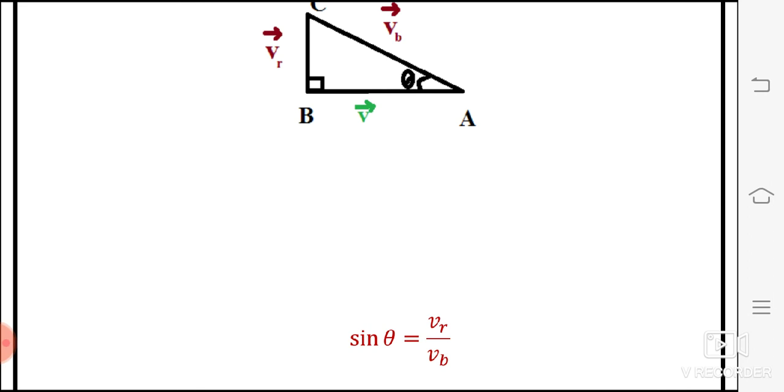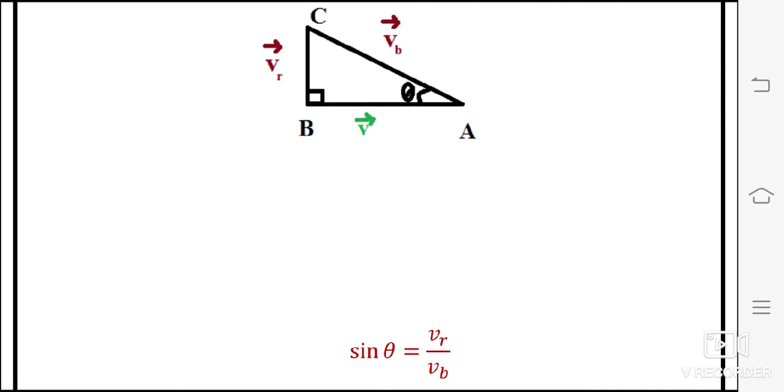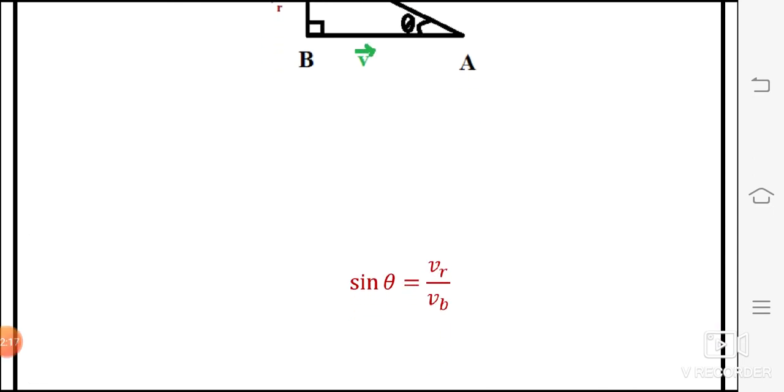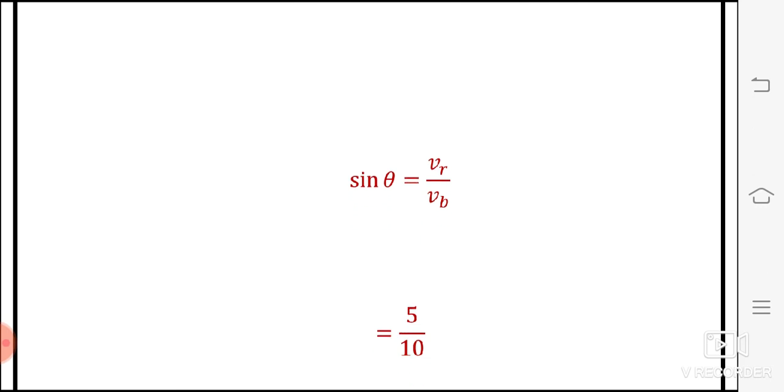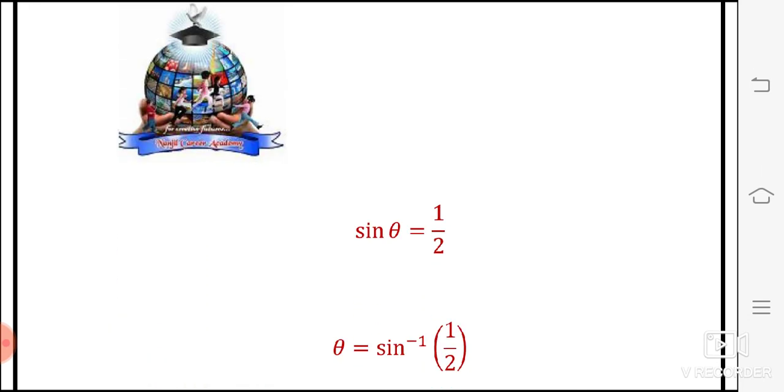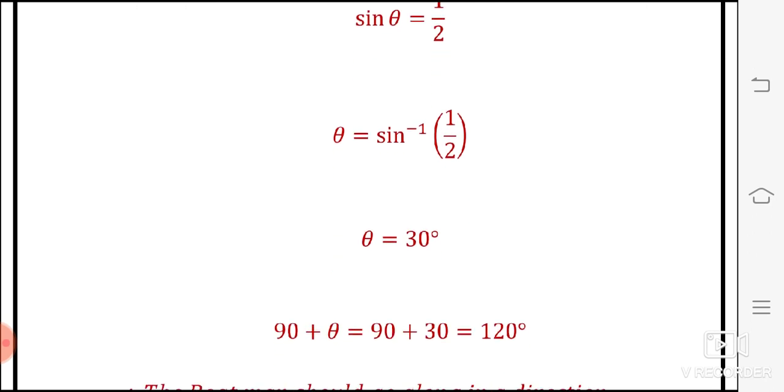So sin theta is equal to VR divided by VB. This is the opposite side, this is the hypotenuse. The magnitude of VR is 5, the magnitude of VB is 10, so that is equal to 5 by 10. So sin theta is equal to 1 by 2, theta equals sin inverse of 1 by 2, theta equals